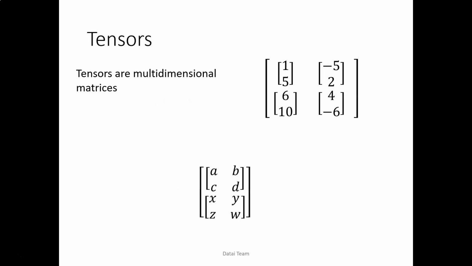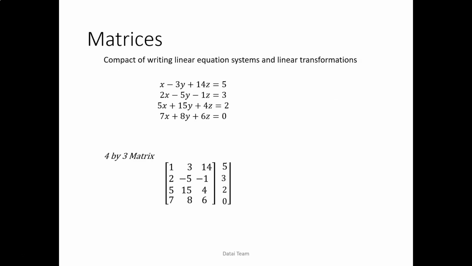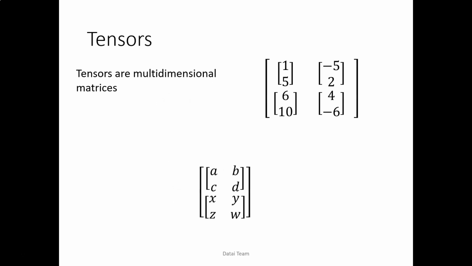You can think of tensors as multidimensional matrices. In a matrix, the values that it holds are scalar values or regular numbers. So this one has 1, 2, 5, 7, 3, negative 5, 15, 8, 14, negative 1, 4, 6. They're all regular numbers. But in our tensor, instead of regular numbers, we have vectors. We have 1, 5, negative 5, negative 5, 2, 6, 10, and 4, 6. So this is a 2 by 2 tensor, or a 2 by 2 matrix, but instead of regular numbers, it's